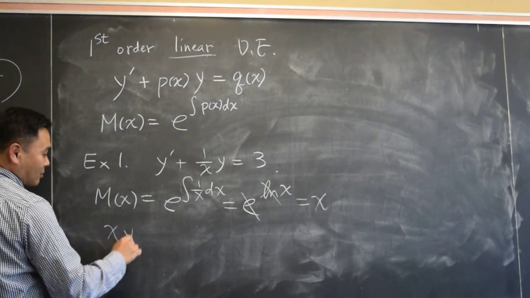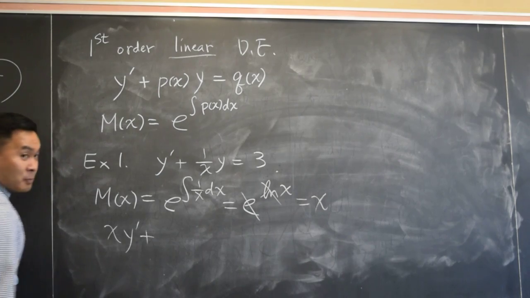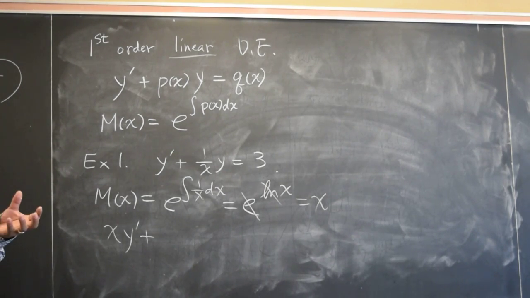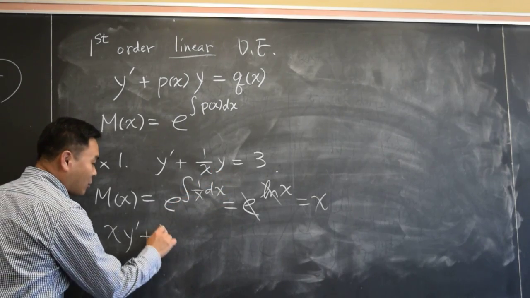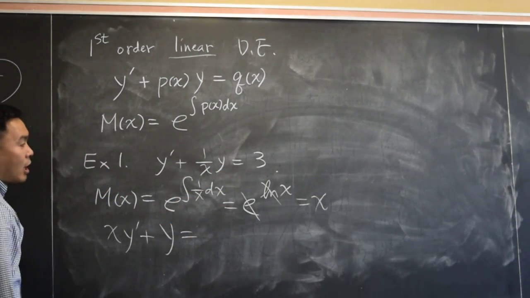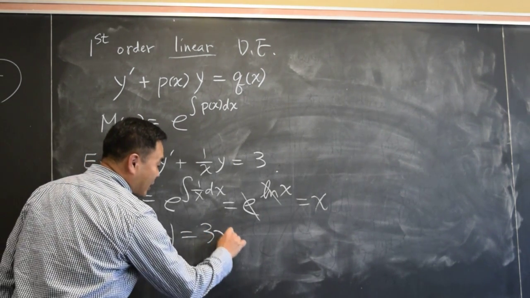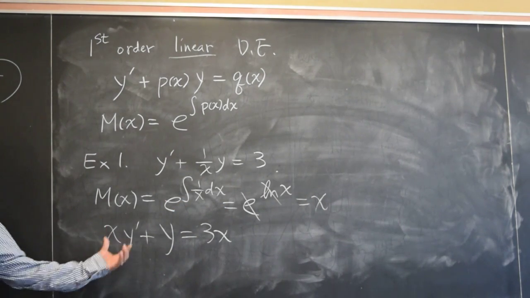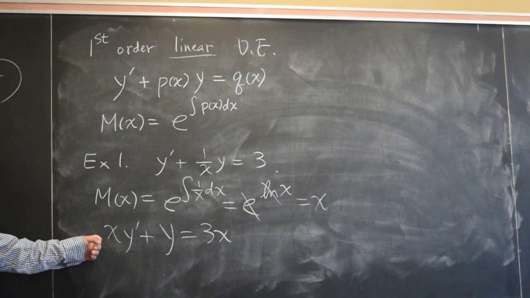Multiply by x. If you multiply by x to this one, what would you get? X times 1 over x is 1, so that's going to cancel away, and you're only going to get 1, right? How about the 3? That turns into 3x, because I'm multiplying x to everything. All of the terms will get x multiplied. And then,